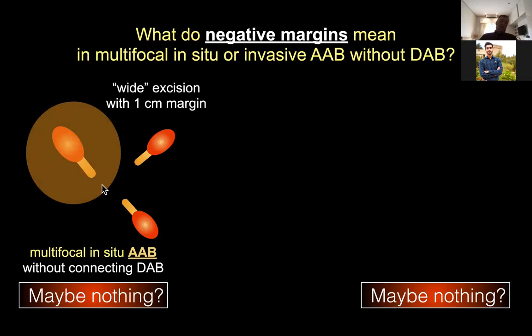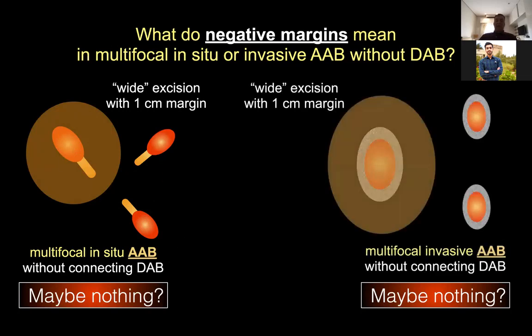Or the surgeon might be falsely reassured. But if I can see that there are multiple enlarged TDLUs and I can map out that it's multifocal disease, then the surgeon isn't going to be misled by a negative margin. Now, this can happen with both invasive lesions or in situ lesions. So on the left, I'm demonstrating multifocal in situ